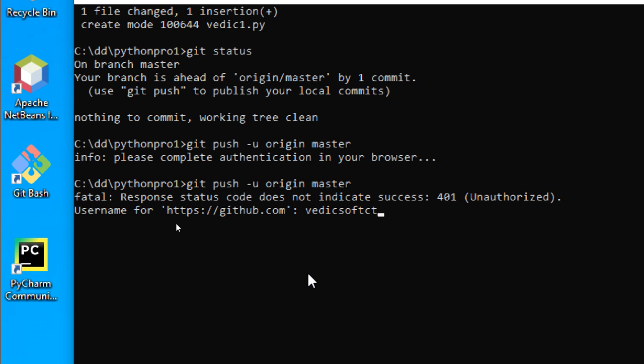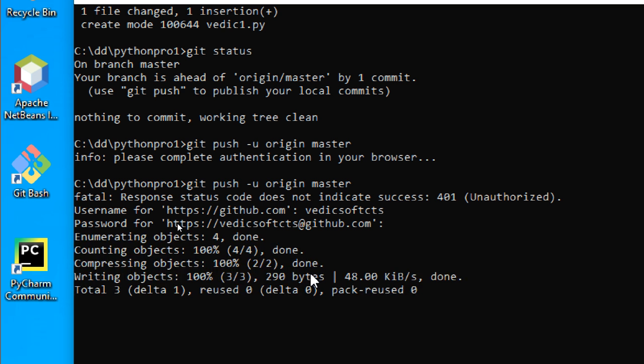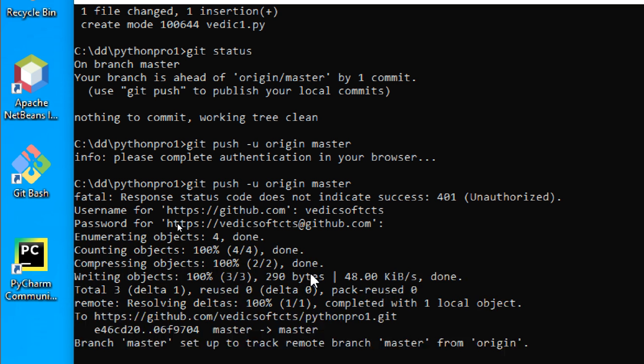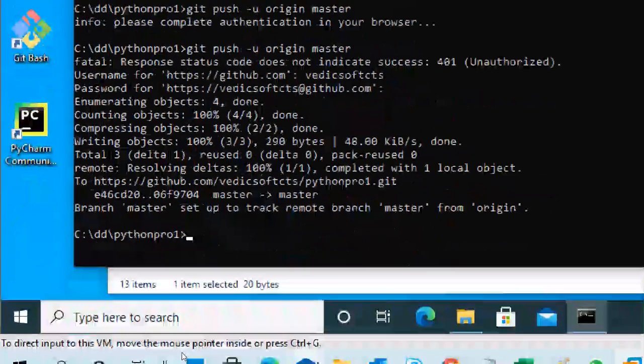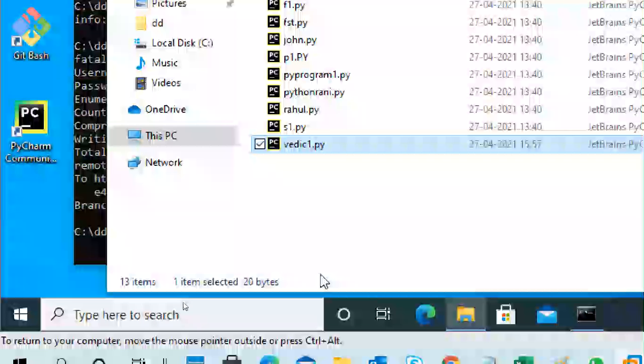Vedic Soft, CPS, and password. This is always better. When you upload, you compulsorily have to give username and password. So I gave my username and password. I will share the password with you later, offline.